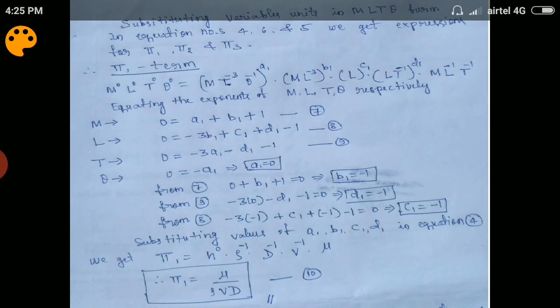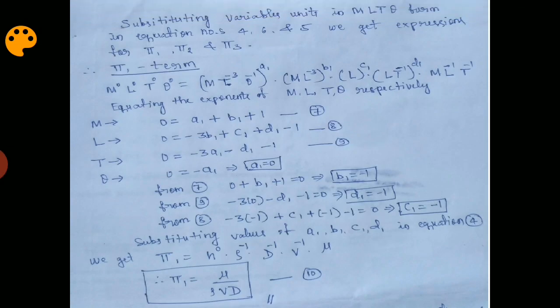So when we write down everything in terms of M, L, t and theta, what is the next step? The next step is equating the exponents, or the powers, of M, L, t and theta respectively. First the M term. In equation 7 you can see 0 is equal to a1 plus b1 plus 1. M raised to 0 is on the LHS. On the RHS we have M raised to a1, then M raised to b1. In the third and fourth terms there is no M term. Here we have M raised to 1, and in this term we also have M raised to 1, so it is written here. That is equation number 7.